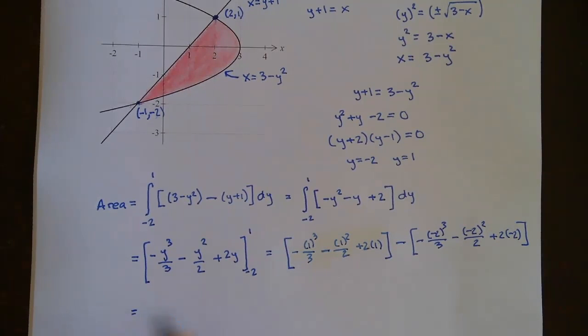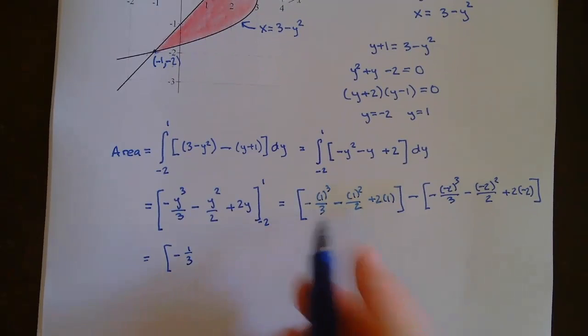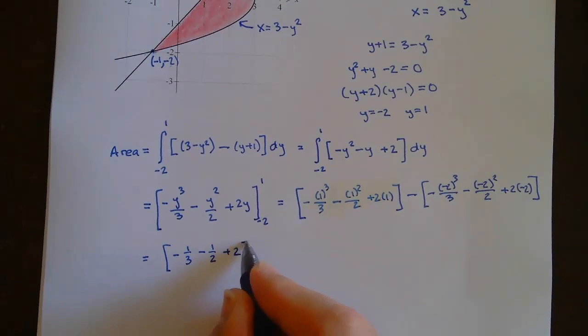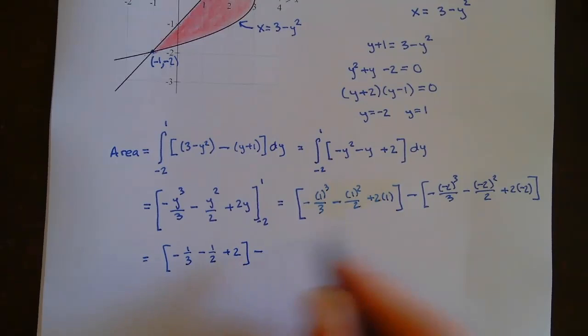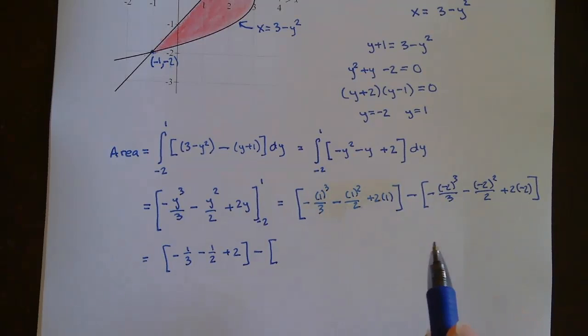Okay. So this is negative, I'm going to put this in brackets. So this is -1/3. Let me slide it up a little bit. -1/3 minus 1/2 plus 2. Close the bracket. Minus, I would hold off on trying to distribute, okay? Because you're cubing negative values, and you don't know necessarily the signs, and it's hard to keep everything